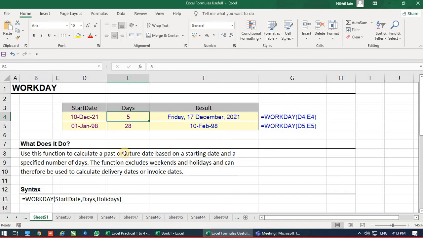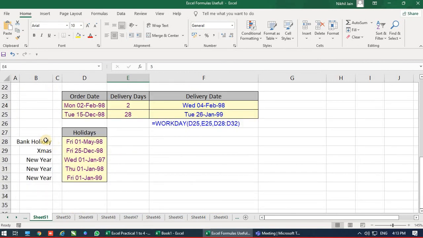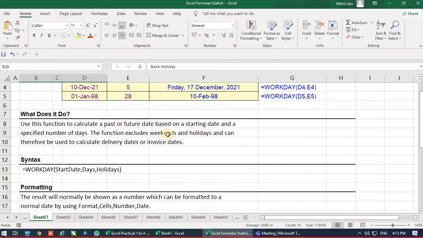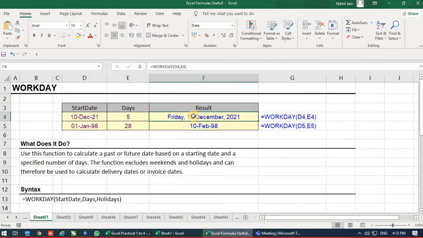So this function treats Saturday and Sunday as holidays, which is inbuilt. 25th December is inbuilt and 1st January is inbuilt. Apart from that, any other holiday like Indian holidays, Diwali, Eid, are not included in this particular function. So we'll have to count those on our own.